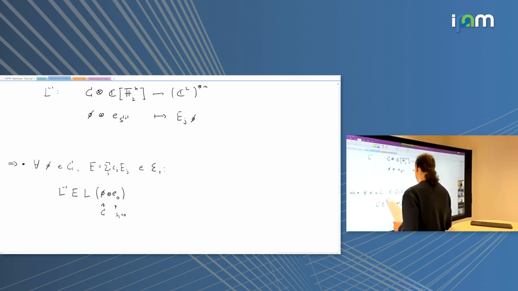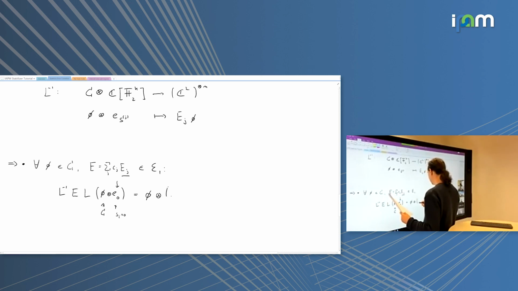And now, of course, by linearity, what the jth term is doing is just changing the label of the space I'm living in, because the Ej error just puts me into the eigenspace labeled by its unique sign pattern. So this will give me phi tensor sum over j of Cj, and then the sign pattern of the jth error. So now I'm done. This is the quantum error correction condition.